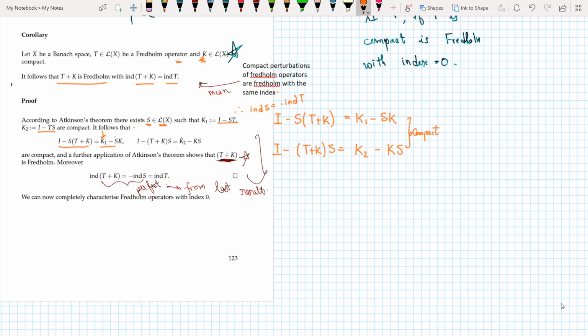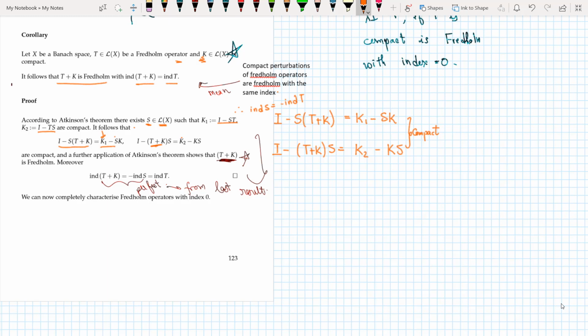And similarly K2 is compact, S is bounded, and K is compact. So this itself is compact. So I minus ST plus K, I minus T plus K S is compact and S is bounded. So I can say that T plus K is Fredholm, and the index of T plus K, now if you